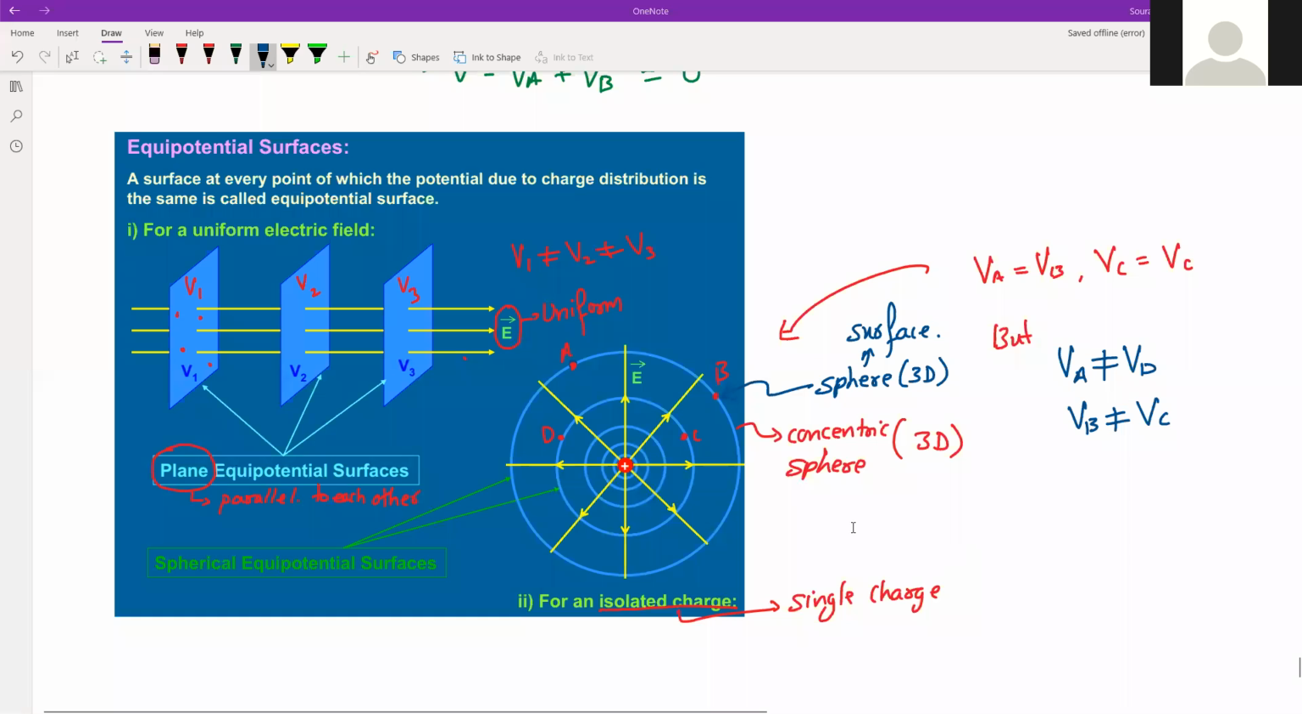The equipotential surfaces will be concentric spheres. So one sphere is one surface, and on that particular sphere, every point is at the same distance from the charge which is at the center. So that's why the potential at every point will be what? Potential is given by